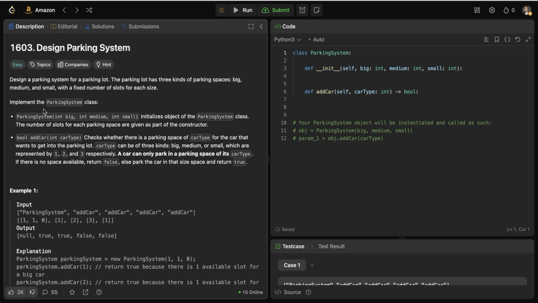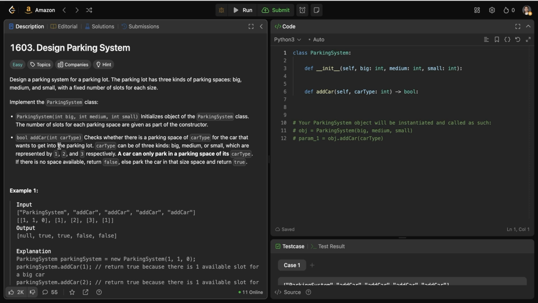You have been given a parking system task as shown here on the right. In the parking system, you will have one big size integer given to you. How many big size parking lots do you have for trucks or vans, medium sized parking spaces and small size? So all three would be integers. How many spaces will you have? And the numbers of slots for each parking space are given as a part of the constructor. And there is another thing called boolean addCar, in which you basically give true if there is a space for that car to be added, or else you return false.